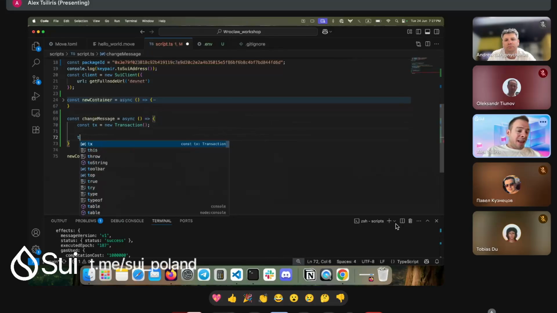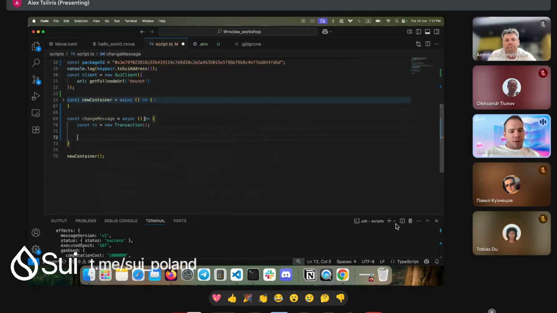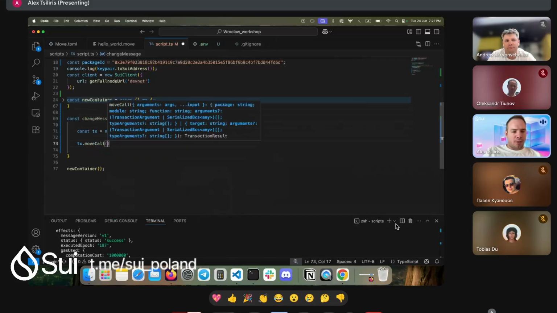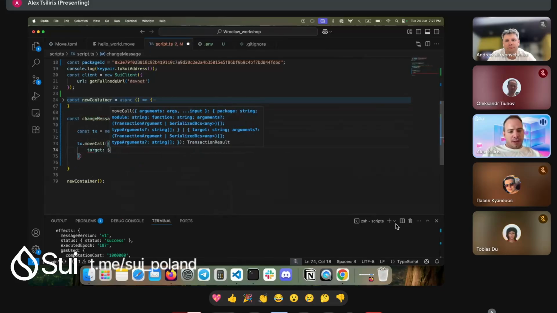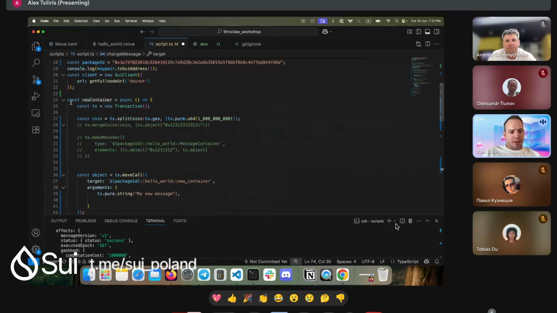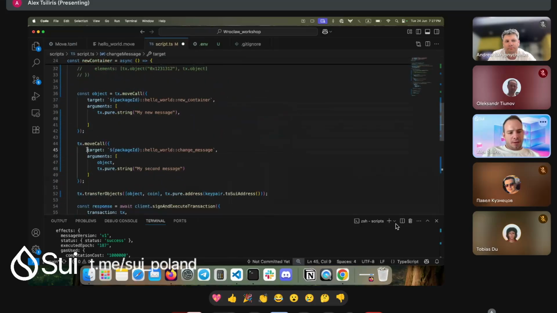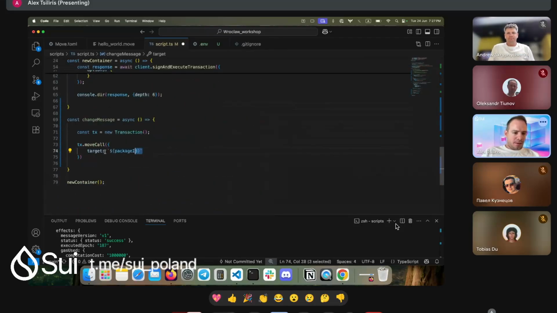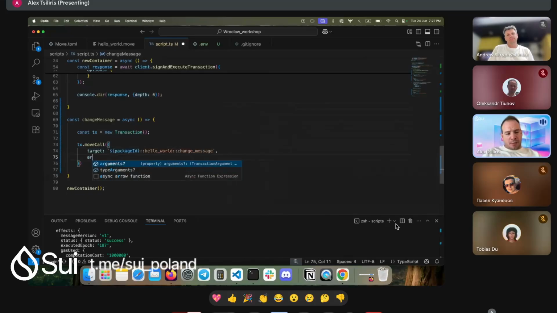And in this case, I need to know the ID of the object, because what I want to do is a move call towards the package ID. It's actually the exact same thing over here. But for the arguments,